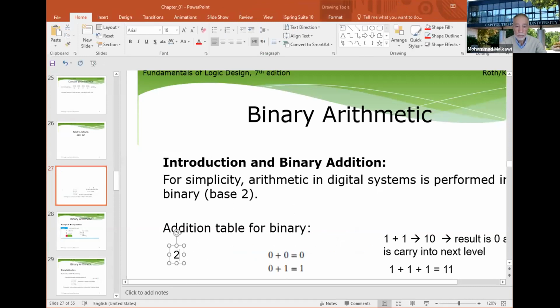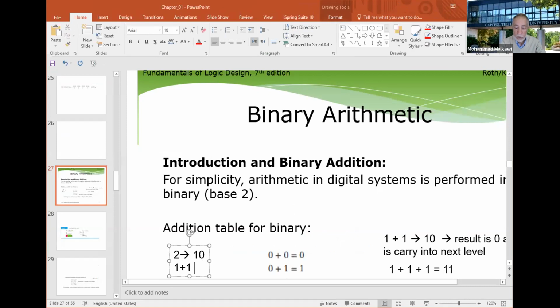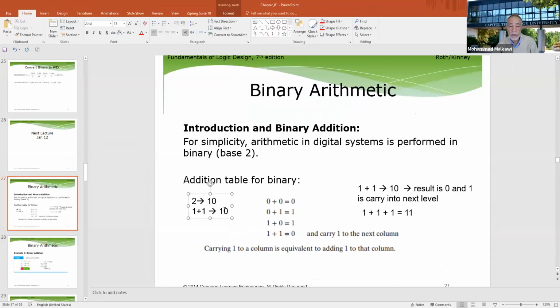And in binary, 2 is 1, 0. So if I am adding 1 plus 1, this should give me the 2, which is 1, 0. But because it's a single digit addition, we take the result. The sum is a 0 right here. Let me call this the sum, which is the result. And this one is the carry